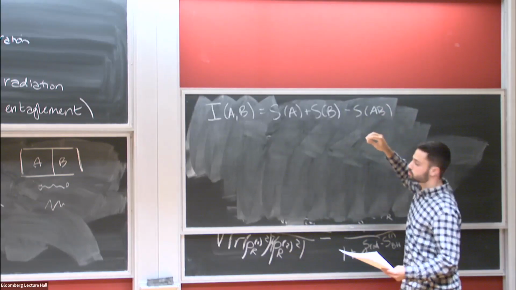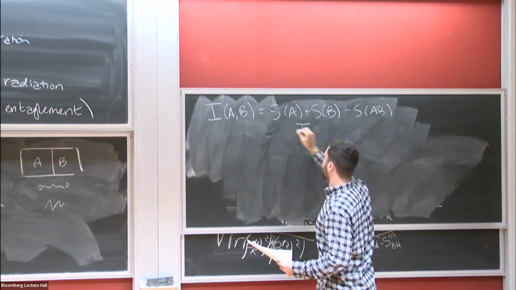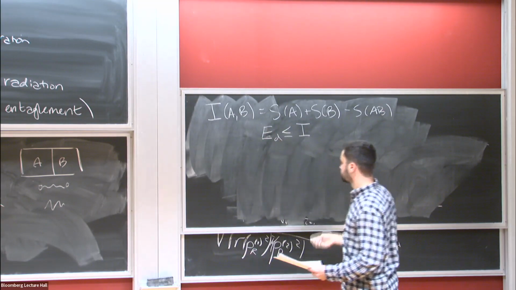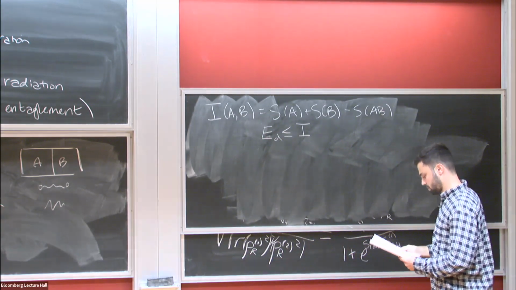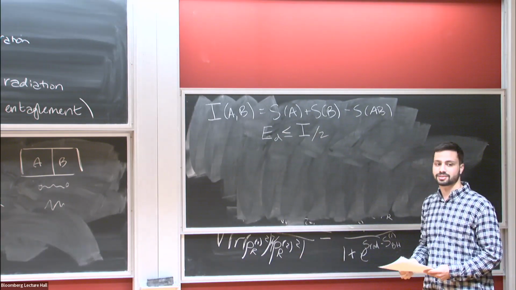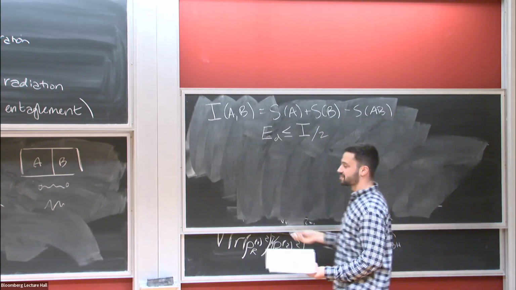This upper bounds the entanglement of distillation. Or maybe it's I/2. Yeah. And then the second quantity